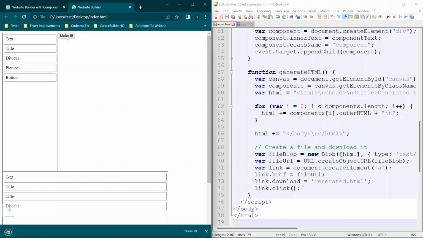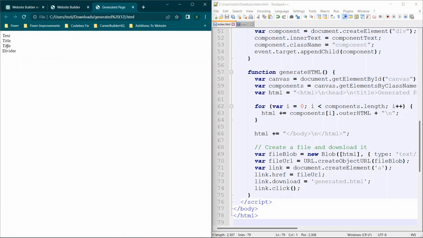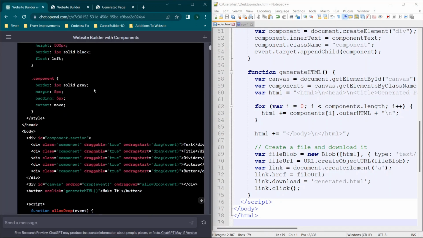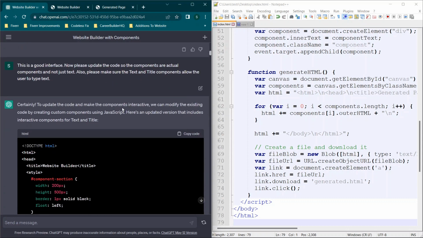So when I click Make It, we want to make sure that all the functionality works start to finish, and it does. We are, at the very least, getting an exported page, and drag and drop is working. So now, what I asked ChatGPT next, I started off by saying this is a good interface because I don't want that changed. Now I just want to update the code,